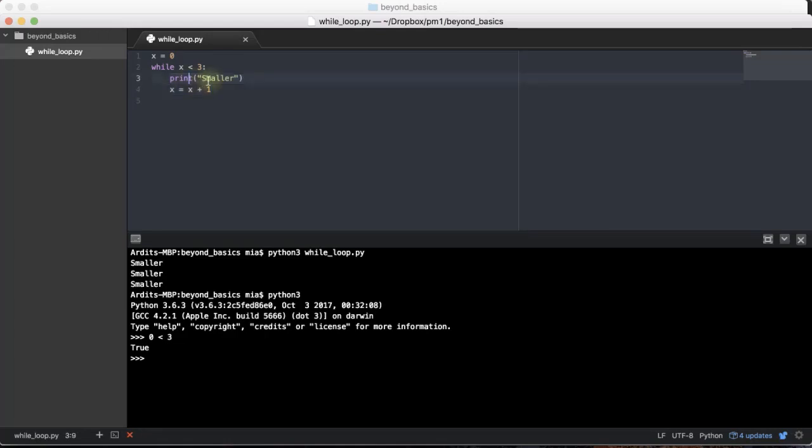Therefore, print smaller will be executed when x is 0. And then we are redefining the variable here. Basically, we're creating a new variable called x, and this new variable will get the value of the existing variable x plus 1. So 0 plus 1, and we're assigning a value of 1 to x. Now, Python goes back to the while loop again. If there were more lines in here, it doesn't go through those lines because the loop is still running,